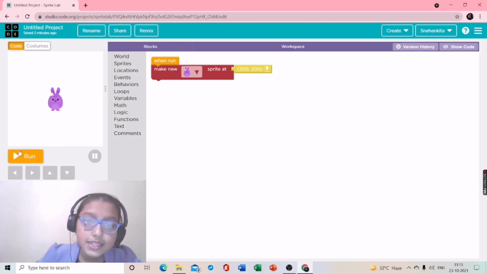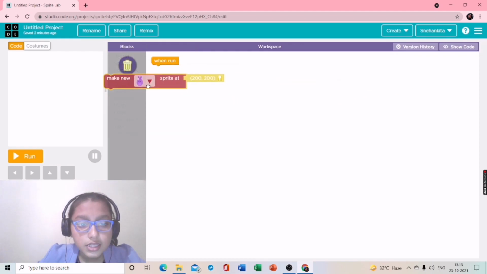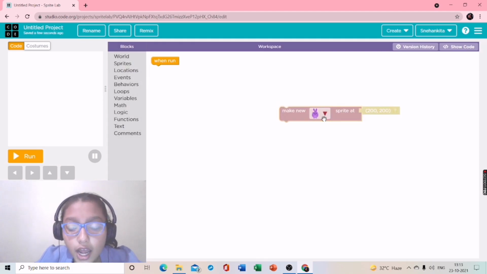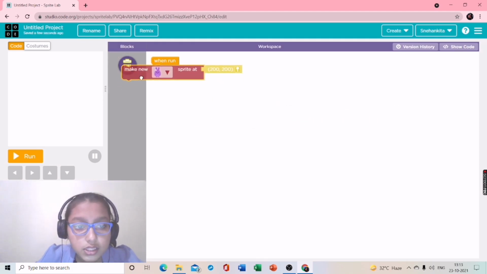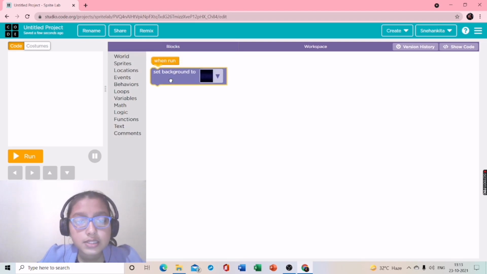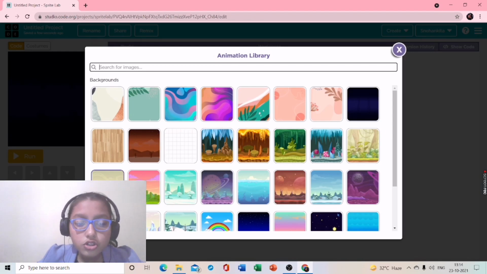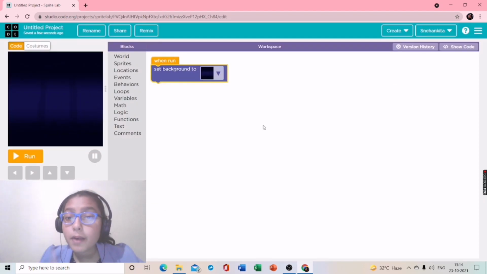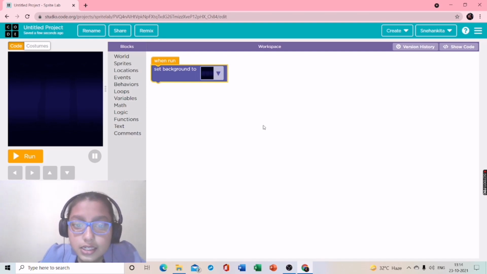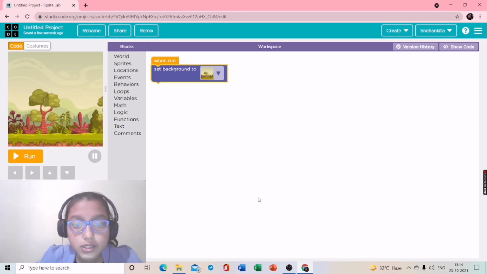Now let's start. First of all, you have to delete this first icon. To delete, you just drag it and you can see this delete icon. Just put it over there. It will delete. First, click on the world. Then take this first block, that is set background. You have to set the background to your choice, like I'm setting it as forest. But you saw in the first click it didn't come. Don't worry. Then you have to click again on the arrow key and the first image will be your image. Which one do you choose?